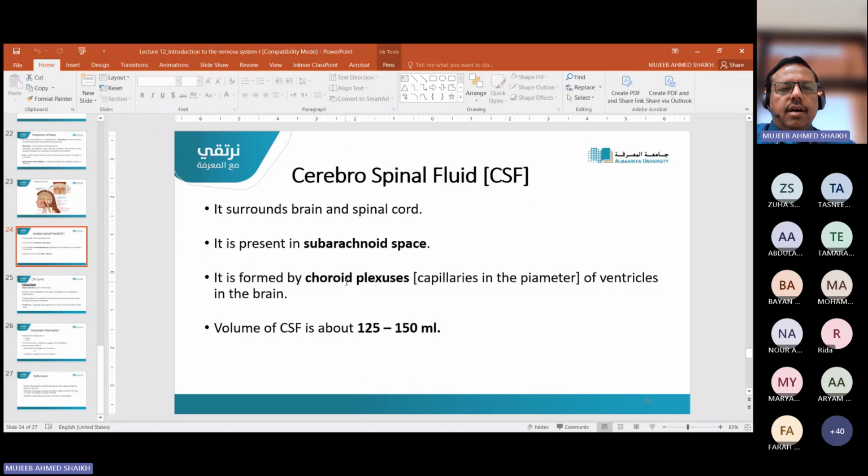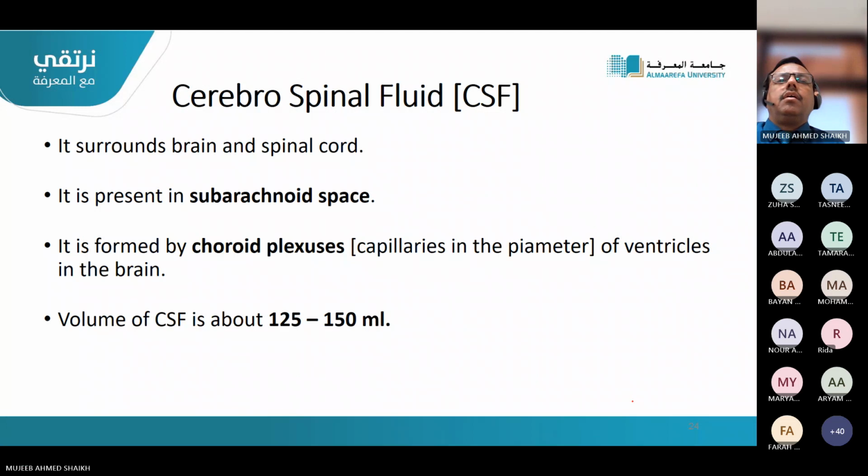One of the tests for knowing whether the brain is infected, or if the person is comatose, is to take a sample for analysis from the brain in the form of cerebrospinal fluid. This sample is taken through the subarachnoid space, which is present all over the spinal cord as well as the brain. So we will not put the needle in the brain. We will put a needle in the vertebral column.